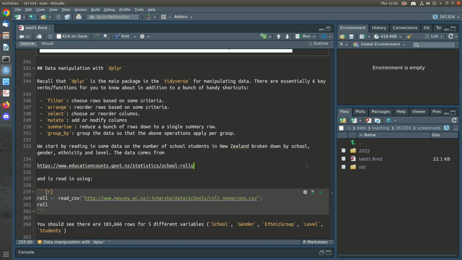Okay, so now we're going to be looking at some data manipulation using dplyr. Those of you who may have used dplyr before will see that this is mostly revision, but I'm sure there'll be some of you that haven't used dplyr, or perhaps haven't used it extensively before, and so some of this will be good revision or perhaps